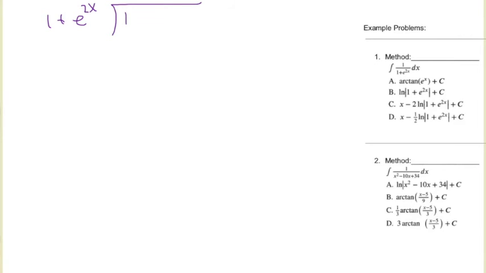Well, it's going to take 1 times 1 is going to get us 1. So what that would get us would be right here, we'd have 1 plus e to the 2x. We're going to take that quantity, we're going to subtract it. What that's going to leave us is a negative e to the 2x, which is our remainder. So what we end up with is